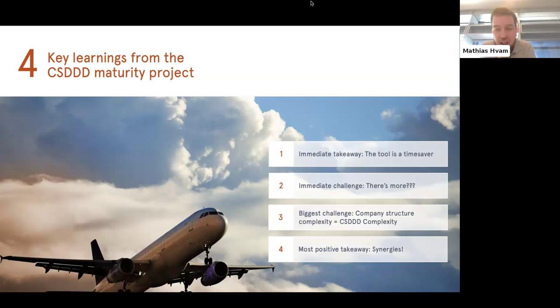I think the most immediate challenge we've come across is that there's a company-wide exhaustion. Just getting past our first year of CSRD reporting has taken a lot of resources, and now there's more work to be done with a large directive coming our way. And I think what we've learned here is that for now, we're allowing a little bit of hibernation in terms of talking directives and implementation of them, and working a little bit in the shadows, I'd almost say.